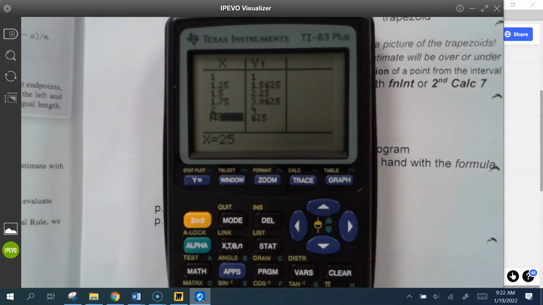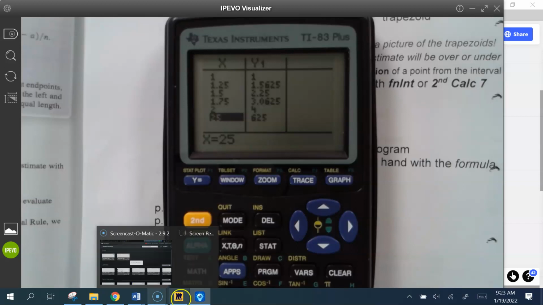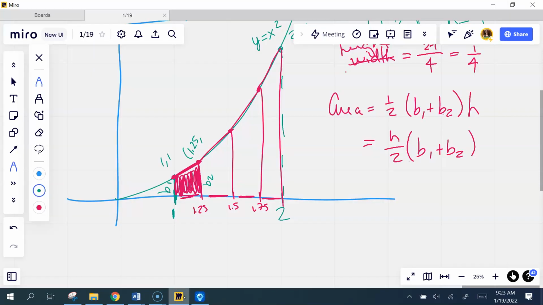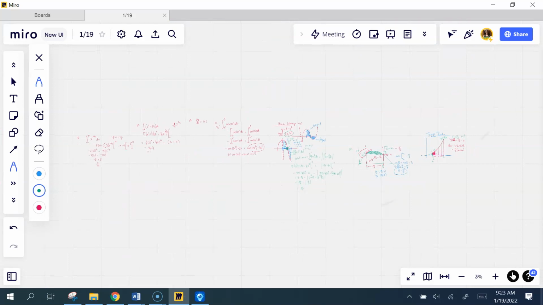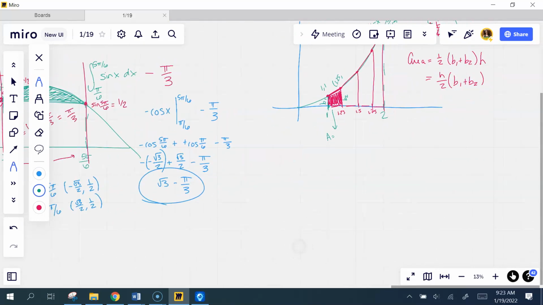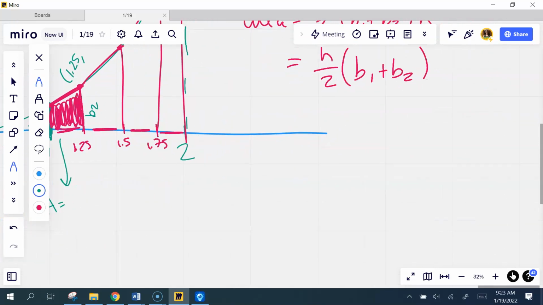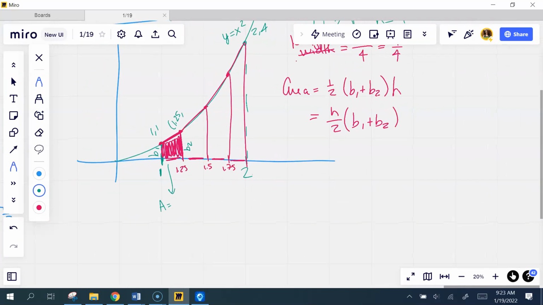All right, what do we do now? Look at this first trapezoid and tell me what the area of the first trapezoid is. What is H? H is 0.25. So I've got 0.25 over 2 times,